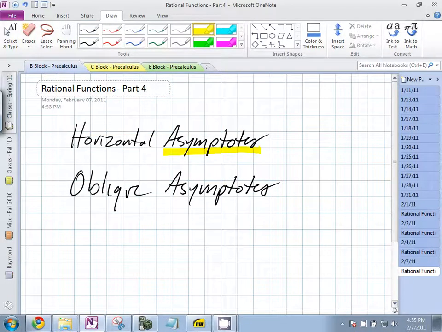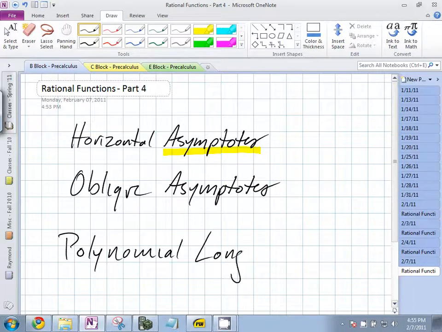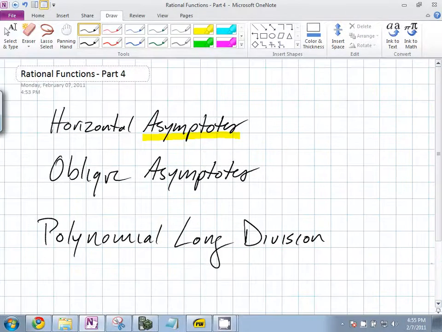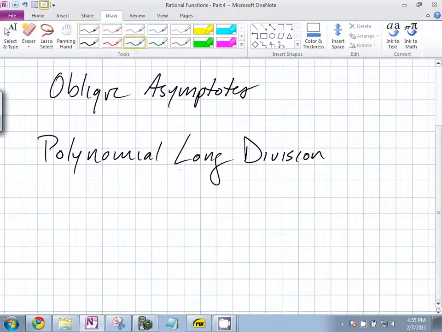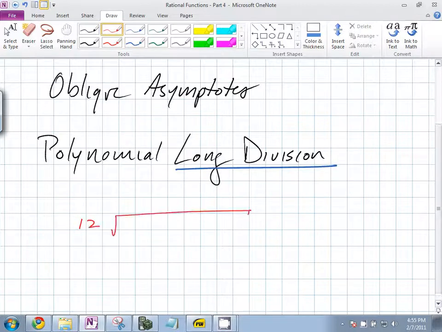Before we can get to horizontal asymptotes, we need to learn a little bit about polynomial long division. You're probably having some flashbacks to grade school when you actually had to do long division. Let's have a brief review of long division. Let's say we want to do 12 into